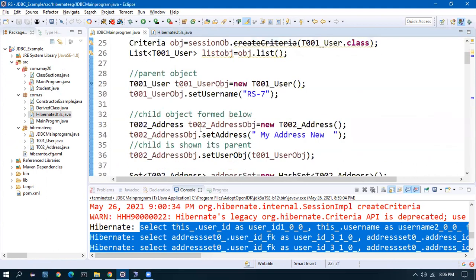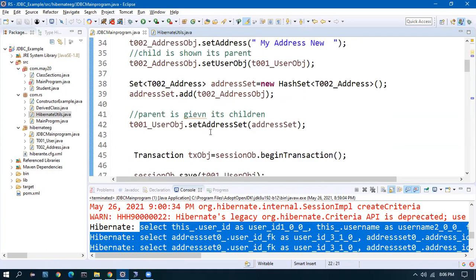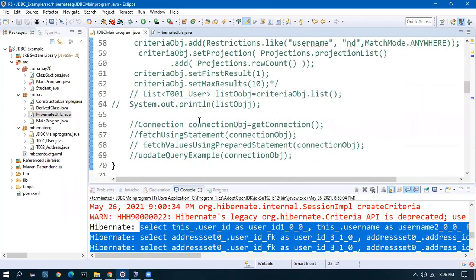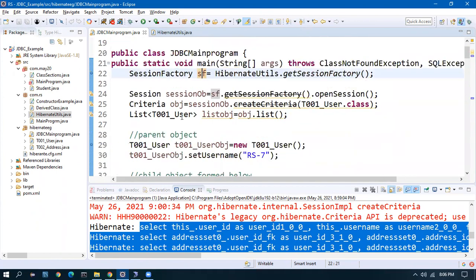In the first class, we went over the theory, the concepts. Then I showed how to do some basic fetching using the restrictions. We saw how to do joins, using the like operator, order ascending and descending, projections, pagination, all those things. All we are doing is using a standalone application with a main program.